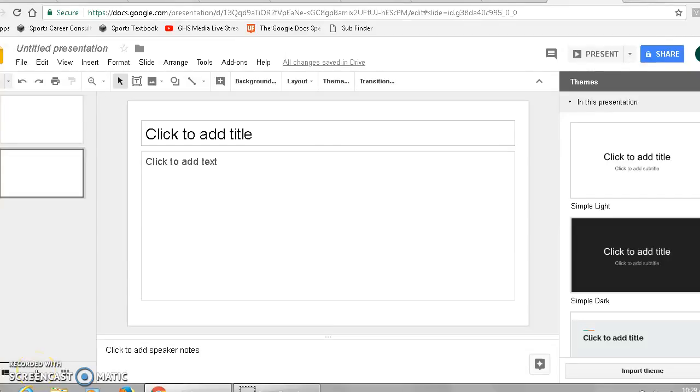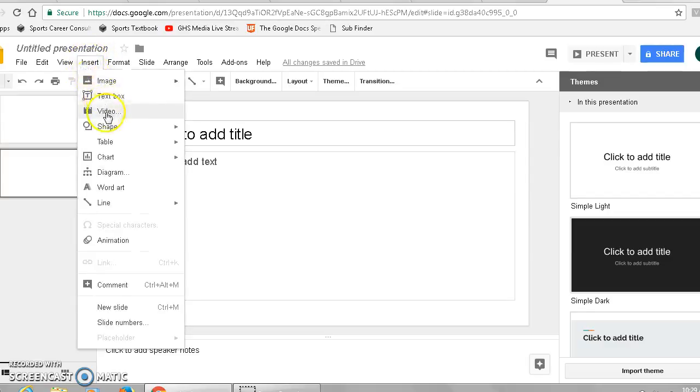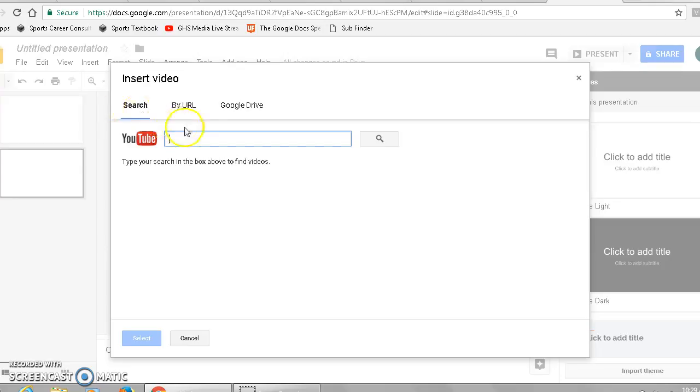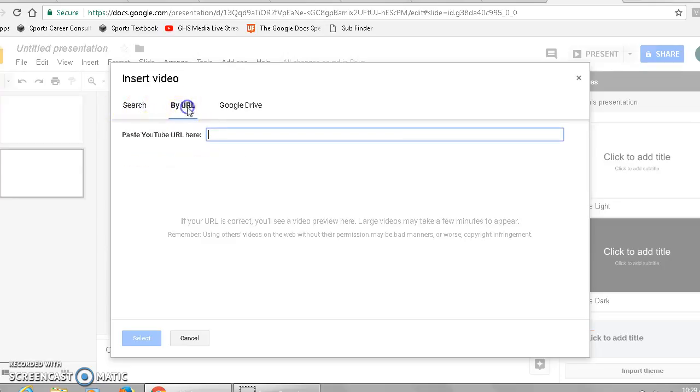Inserting videos is actually just as simple as inserting pictures. You're going to go up here to insert. Once you click on that, you'll go down to video. Click on that and you'll get a search box so that you can search on YouTube. You can also choose to copy and paste a URL or a web address in there, and if you had